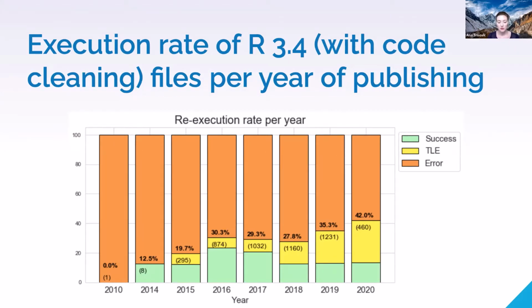However, just one caveat: these conditions are a little bit different than in the previous study. Here, when I was re-executing these files, they didn't have 1 hour allocated per file. They actually had 1 hour allocated per replication package. So it's a little bit different conditions of the analysis, but the analysis is still the same. And we can really see this interesting plot, so I thought it was worth showing it.